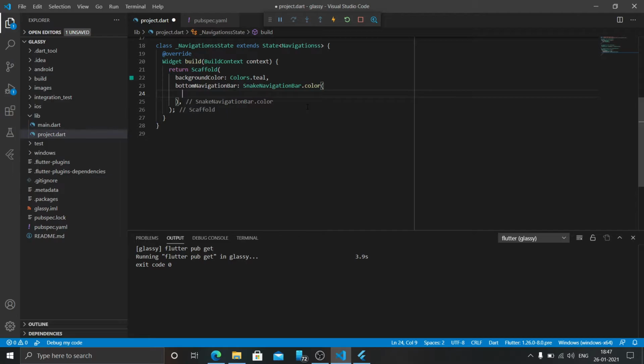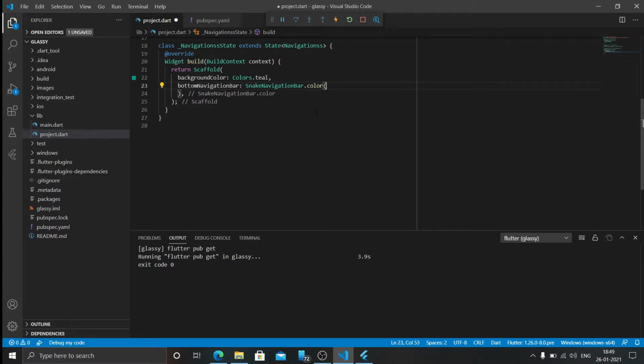Now that we got a navigation bar, let's see how it is looking.